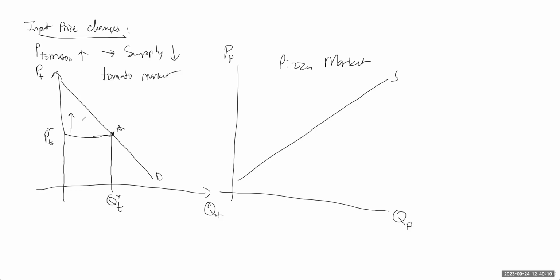Price of tomatoes went up to PT double star. I don't know if there's a tomato bug that eats all the tomatoes. Then the amount of tomatoes being bought by Pizza Hut falls. Okay. All right. So you could think about it this way. Let's suppose Pizza Hut wants to sell this many pizzas. The price of tomatoes went up